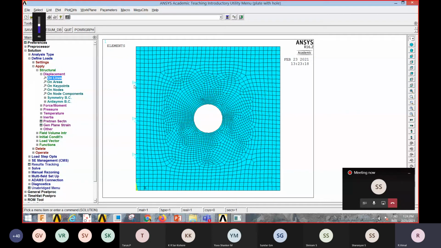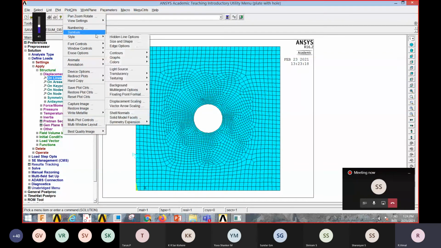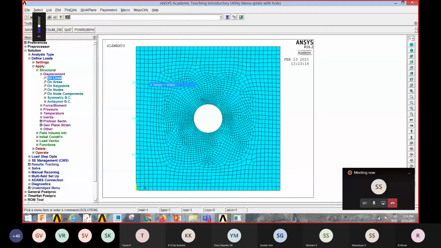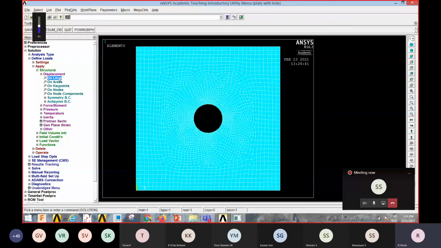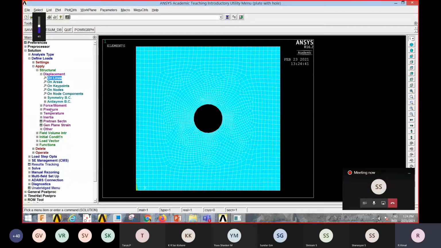Can we go to plot controls? So in the plot controls, I will bring back the black screen so that you can view better. Okay, even in black screen, you're not able to see better. So again, I'll go back to white screen itself. So in the white screen, you saw that one side of the plate is being fixed. So that is something we did.